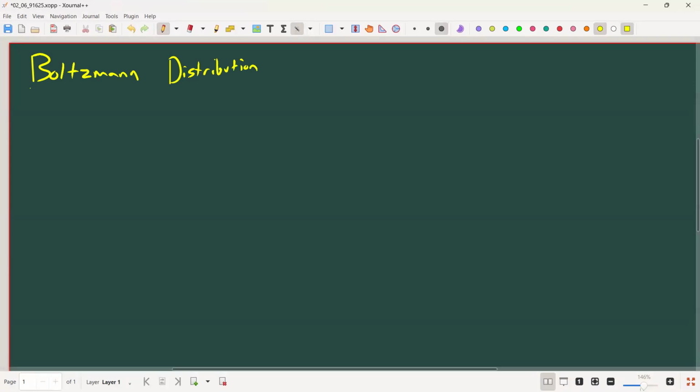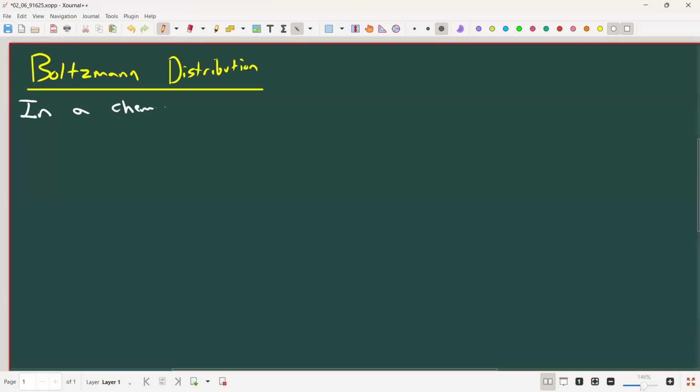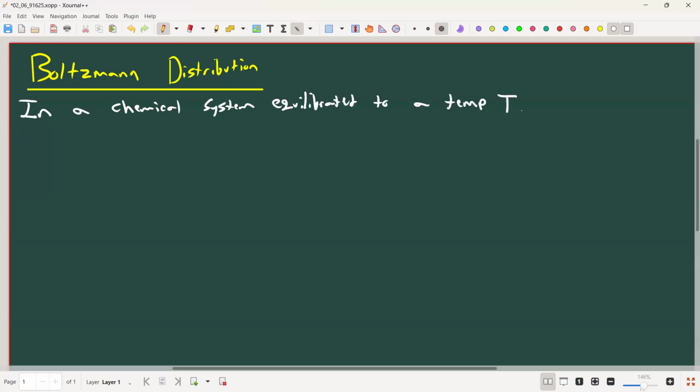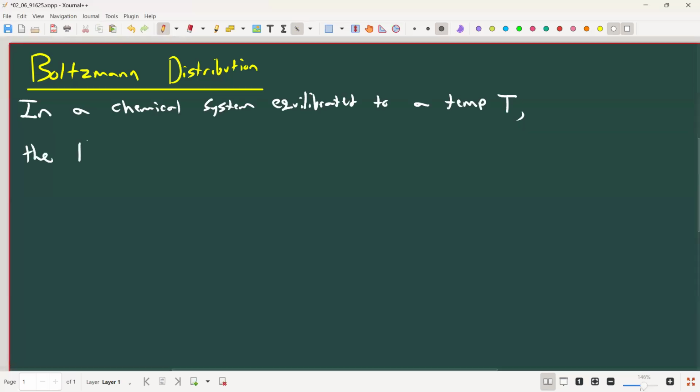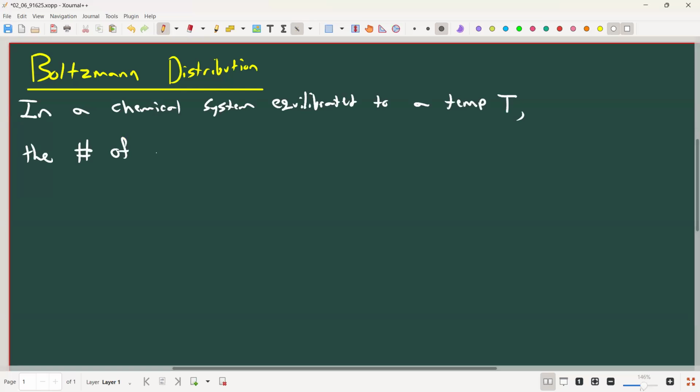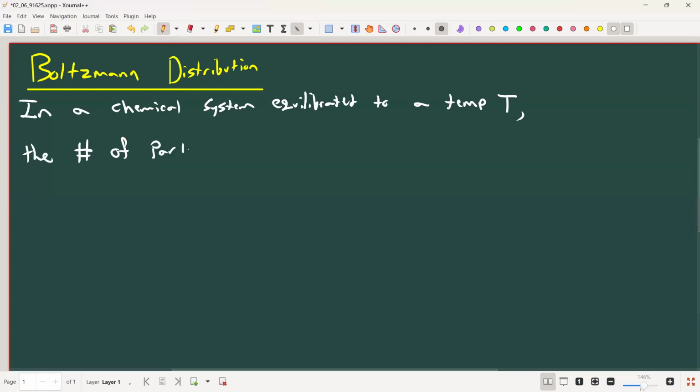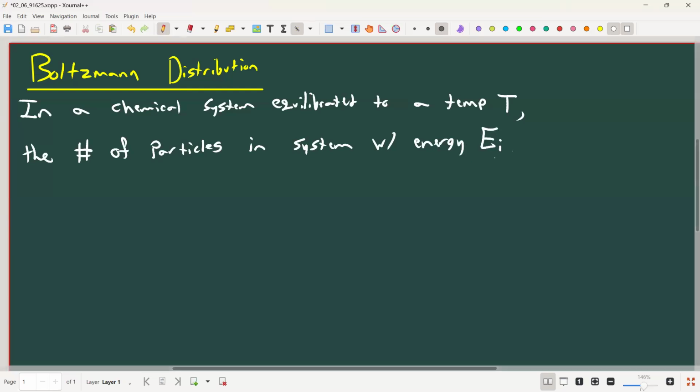It says that in a physical system, I like to say a chemical system, because we're doing chemistry, equilibrated to a temperature T, the number of elements, or let's say, I don't want to use the word particles, you can think of it as number of molecules or number of atoms, in a system with energy E_i relative